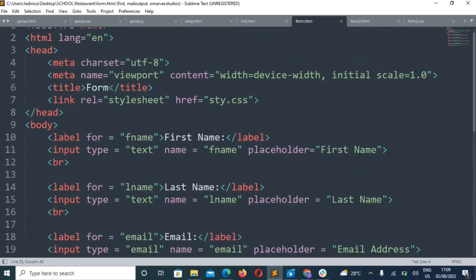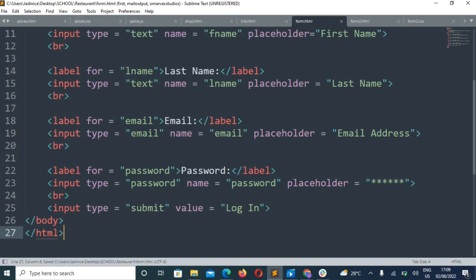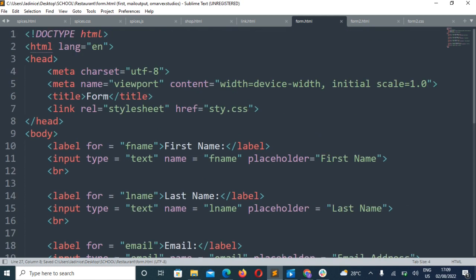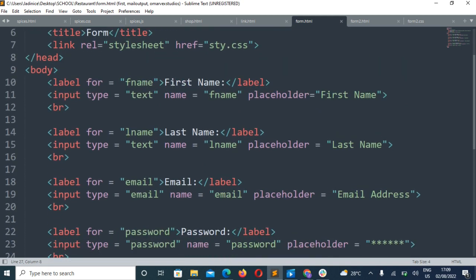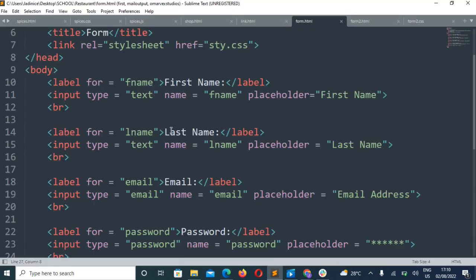So we've seen how to create a simple form, although there are other things you can add to your form, like select option. We'll discuss that later. But for the first start, if you're a beginner, these are the basic things that you will need to put in. You need to learn what the label is for. This is the label. And then you need to learn the input types. We have text, we have email, we even have numbers, in case you want to put a phone number, or a URL. All of this, don't worry, we'll discuss in another video.